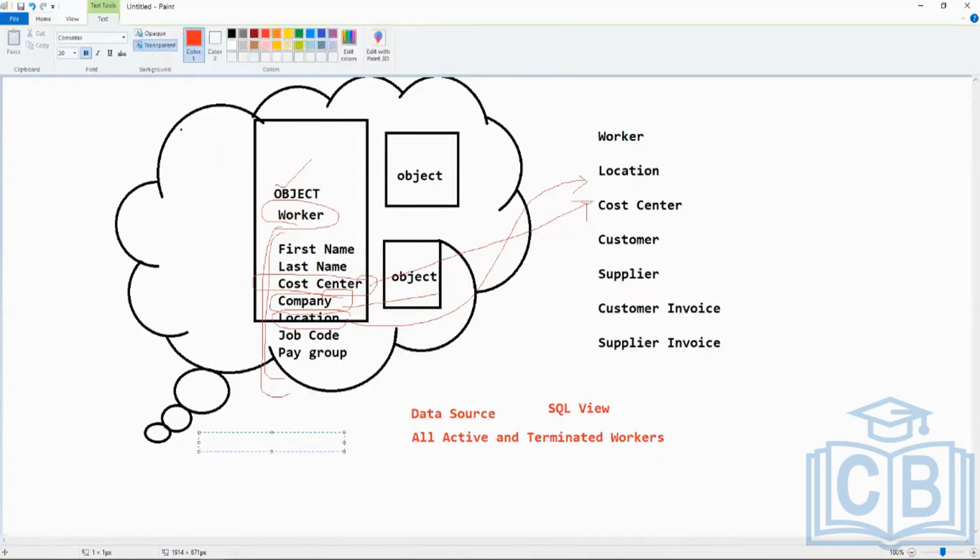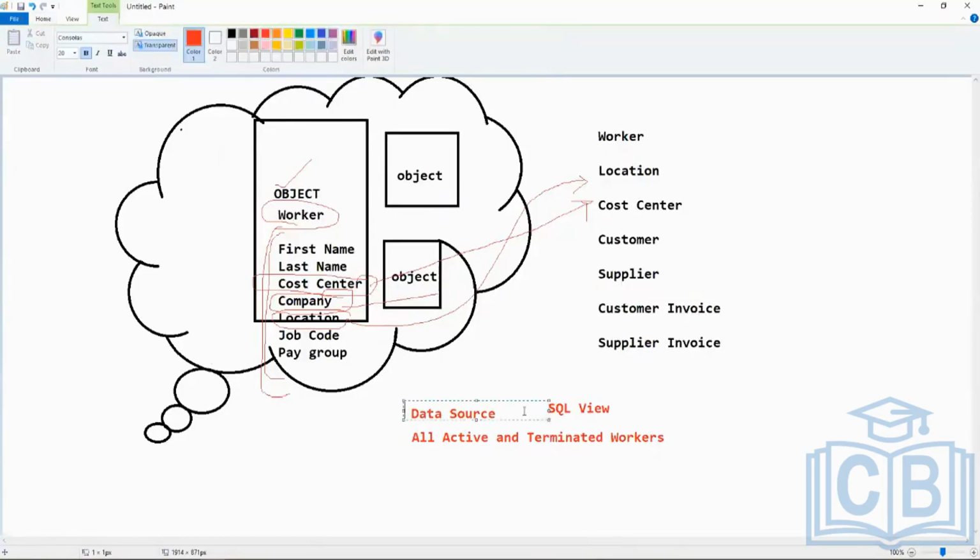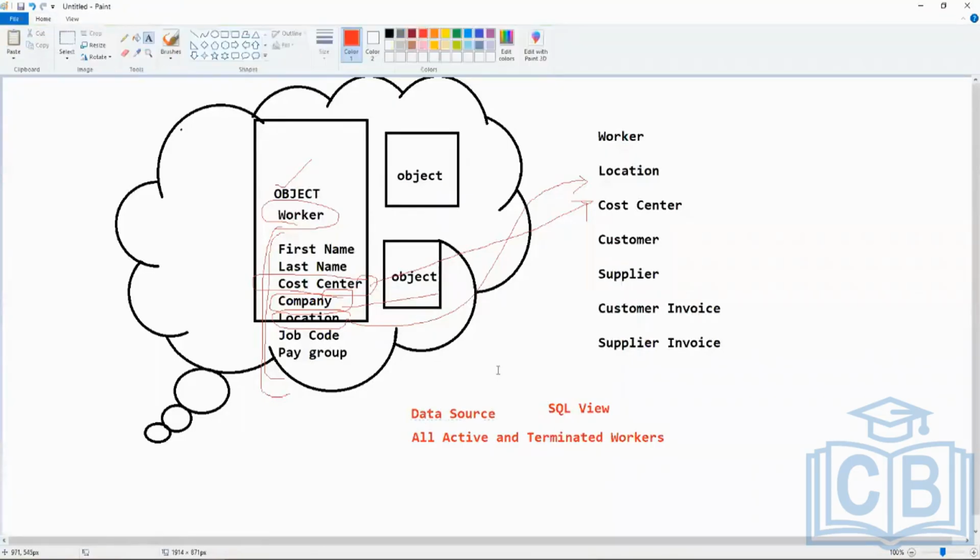In Workday, today we are starting on the topic Workday reports. Whenever you have to create a report, the first thing you have to find out is what is the data source that you will be using. And that depends on what requirement you have. Say you got a requirement to build a report which should give you, say, 10 fields related to the worker, and it should give you all the active as well as terminated employees.